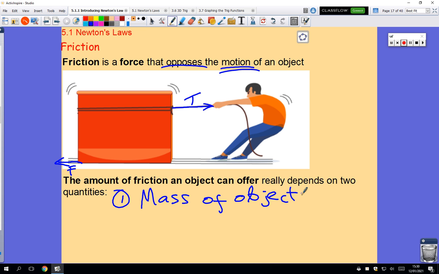So a bigger mass will mean more friction. The bigger the mass, the bigger the friction. Okay, smaller mass, smaller friction. Okay, friction and mass are directly proportional to each other. And the second